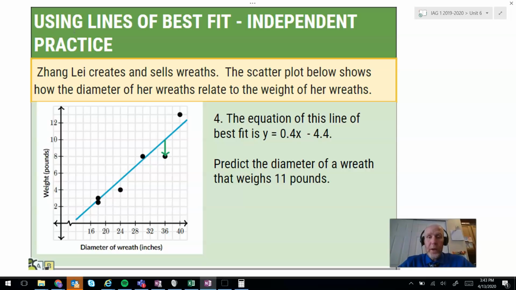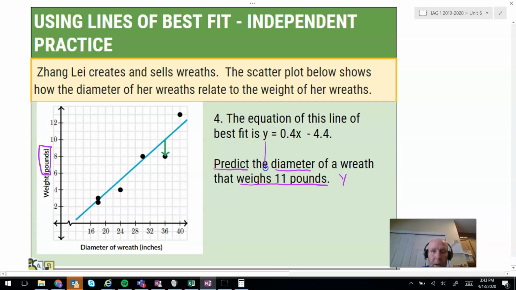Okay, hopefully you did that. Again, they're going to ask us to predict, using our equation of a line of best fit, the diameter of a wreath that weighs 11 pounds. So if it weighs 11 pounds, we notice that pounds is actually the y-axis here. So they've given us a y. Then our job is to plug that in where the y was. The y is the first thing in the equation, so we're going to put the 11 there